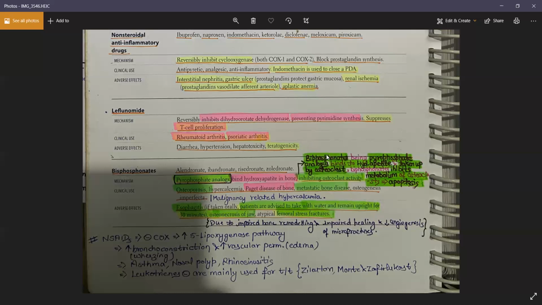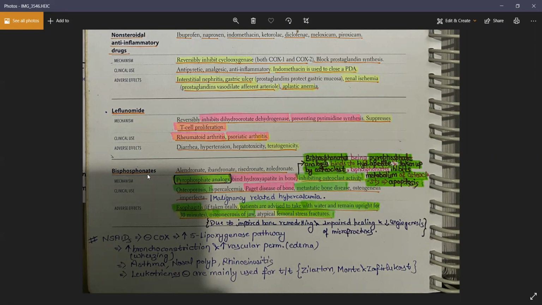What happens is that these bisphosphonates, because they are pyrophosphate analogs, will bind to the hydroxyapatite, and the hydroxyapatite forms your bone. Remember, in the lecture we have discussed the hydroxyapatite, which is calcium phosphate. And during the bone resorption, the osteoclast cells will take up this hydroxyapatite, right? But if I give the patient bisphosphonates, then instead of this hydroxyapatite, my osteoclast cells will be ingesting all these bisphosphonates,